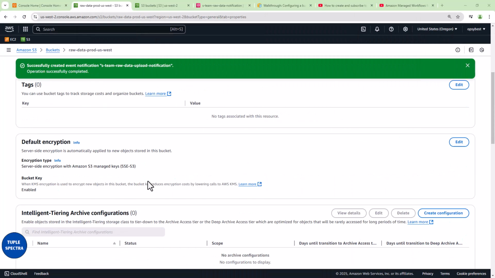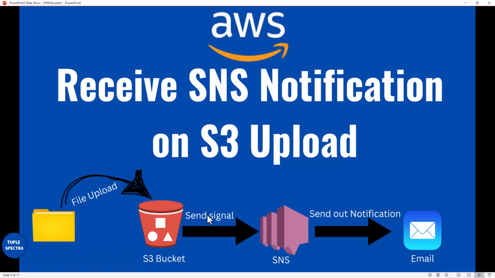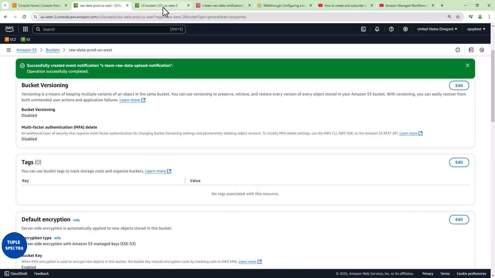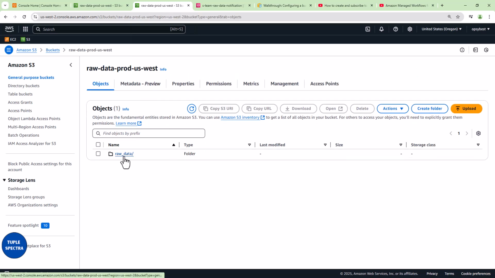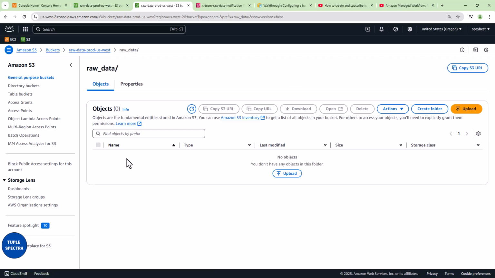And now that we have set up our access, everything is okay, it is working fine. The next thing now is, let us test if we are going to receive an email if we put a file in our S3 bucket. Okay, let us drag a file inside this S3 bucket. Let me go back to my S3 bucket. This is my S3 bucket, and remember that we want to drag it inside this folder. So I will open that folder, and then I will drag a CSV file inside from my